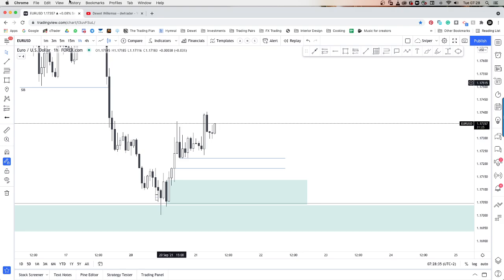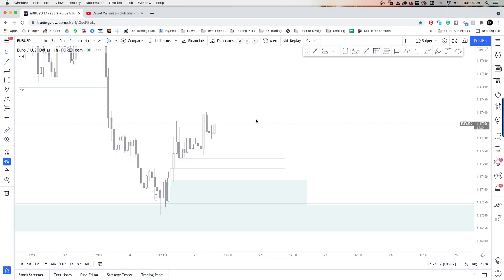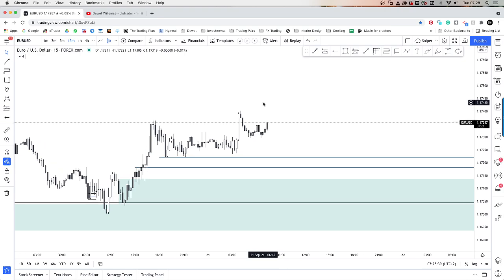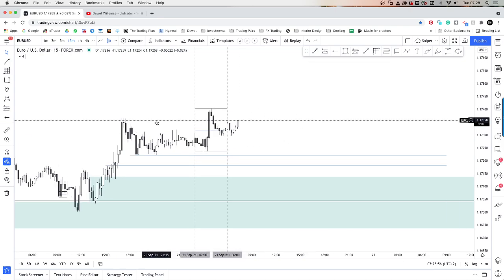So yes, okay, let's just go quickly to the 15-minute. We just need to plot our Asian session range, and then we identify low and the high. There's our high and there's our low. It's moving nicely towards the side. We had a bit of an impulsive move here in the middle of Asian session,